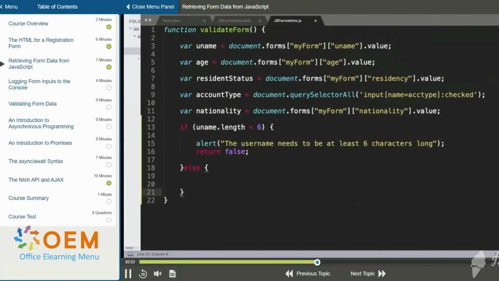On the other hand, if the username is greater than or equal to 6 characters, we head over to the else block, where we initialize an array of selected accounts, and this is the array in which we will